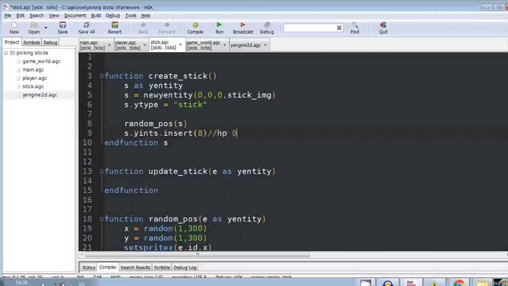It's at position 0, so when I get a stick and I want its HP, I'll call s.ynts at position 0 like that. Without the insert, of course. But to initialize it, yeah, so now our stick entity has an HP attribute, kind of,